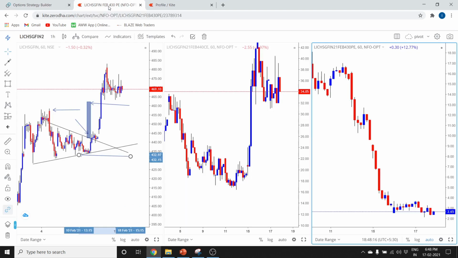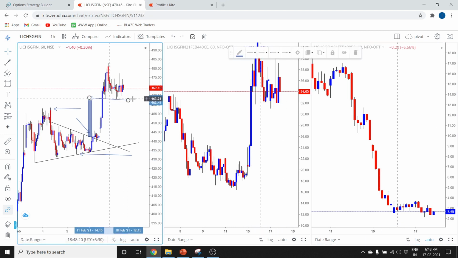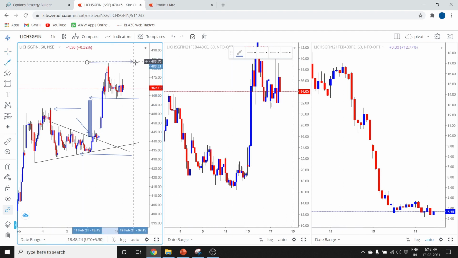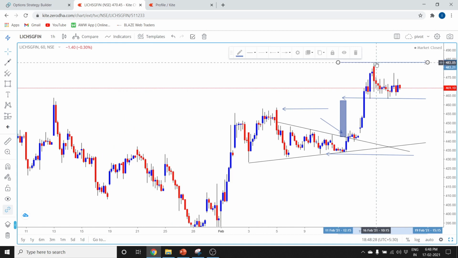The second thing you have to monitor is your charts. On your charts, you have to monitor important support and resistance levels. Now in this graph, what are the major levels? On the upside it is 483, on the downside it is 462. So you have to see which level the stock is breaking. Accordingly you have to react, or maybe book a profit or whatever.